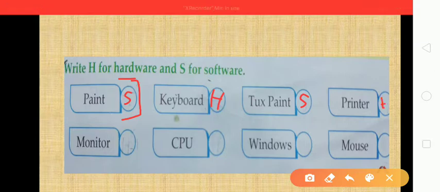Printer, hardware, you will write H over here, right? Monitor, you know very well it is a hardware. CPU, hardware. Windows, software. Mouse, hardware, right? So this is how we will write the answer in those boxes. Okay, in that circle, in the form of S and H, right? So this was our question C of the second chapter, right? And let us proceed to our last question, that is D,